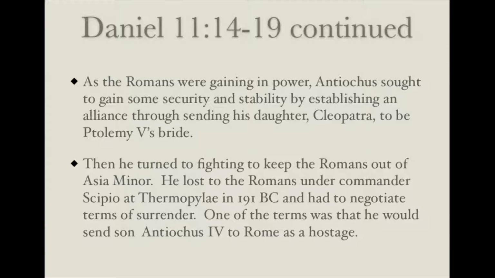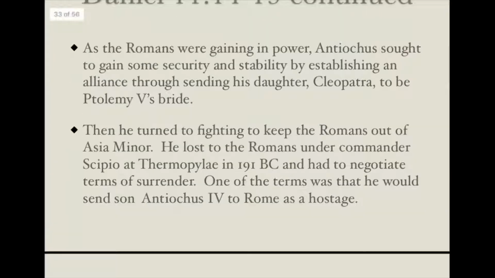So what happened after that is that Antiochus decides, okay, I'm going to focus more on fighting the Romans and keep them out of Asia Minor, which he lost to the Romans under the commander Scipio, at Thermopylae, the same pass where the Greeks and the Persians were fighting, and had to negotiate for terms of surrender. One of the terms was that he would send his son Antiochus IV to Rome as hostage. Okay, so